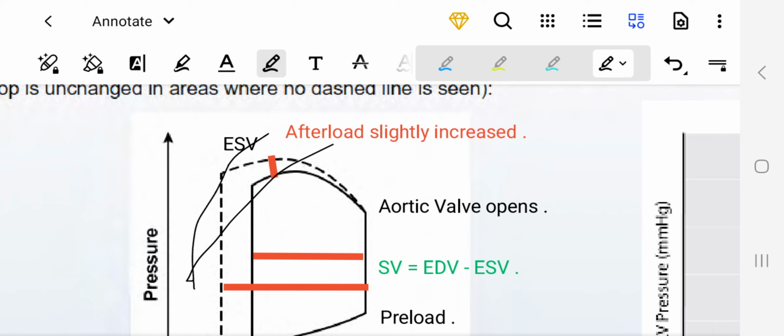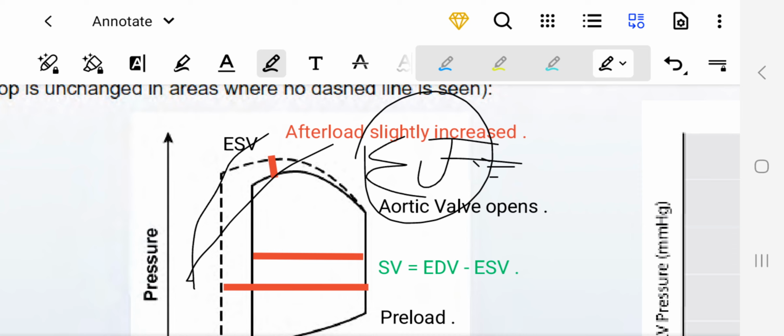We have read that ejection fraction and contractility are correlated, that ejection fraction is basically the index of contractility,